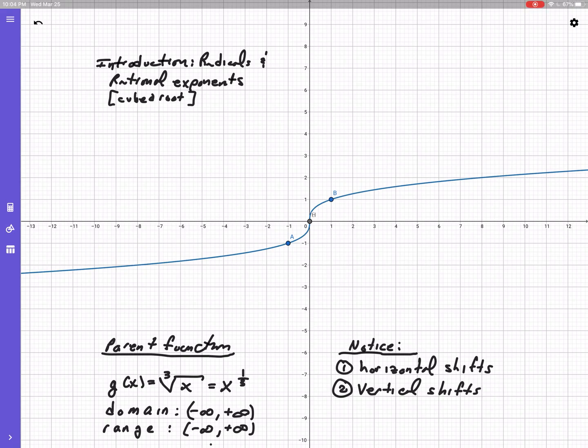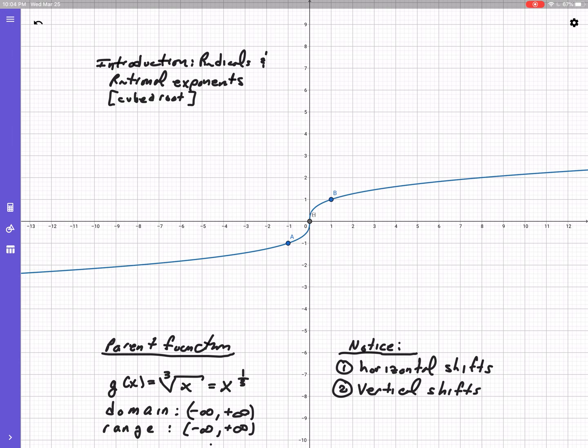Hey, how's it going? We're just going to look at part two of our introduction to radicals and rational exponents. Today we're looking at the cubed root function, and the parent function I've named g, and it's g of x equals the cubed root of x, which is also equal to x to the 1/3. Remember, we've already discussed how to rewrite a radical into exponential form, and we'll continue with that today. We've mostly done square root, but now I'm hoping you build the pattern for finding the cubed root. The domain is the set of all real numbers, and the range is the set of all real